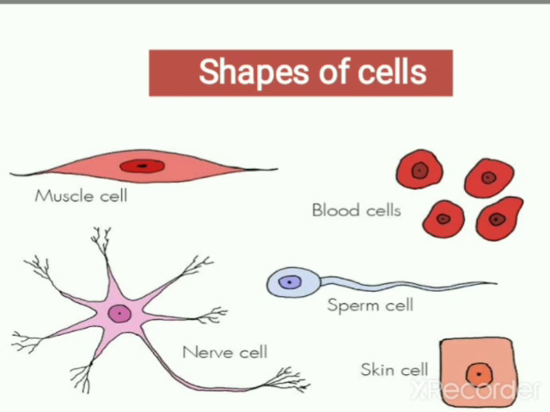So you can see the example of blood cells are round, whereas muscle cells are spindle shaped, and the nerve cells are branched. So the shape of the cells is related to the function they perform. So that is what you need to keep in mind, my dear students. The shape of the cells is related to the function they perform. So it is not that they have simply different shapes and sizes, but it tells us something about the functions they perform.